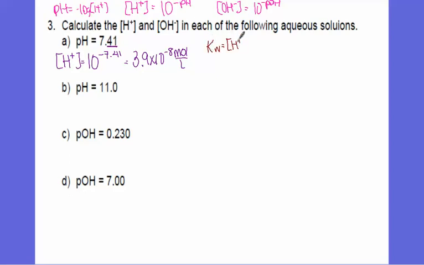KW is always equal to the H plus times OH minus concentration. KW is the equilibrium constant for water. That is 1.0 times 10 to the negative 14, which again, it's on your formula sheet. So you will always know KW. In this case, we know KW and H plus, so we can find OH minus. So 1.0 times 10 to the negative 14 over 3.9 times 10 to the negative 8 equals my OH minus concentration,